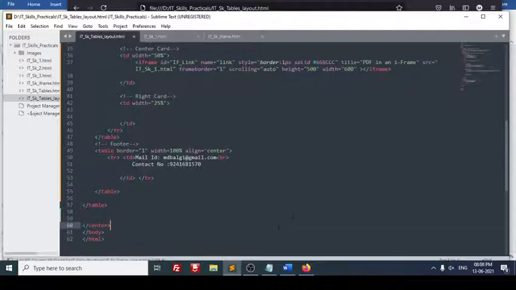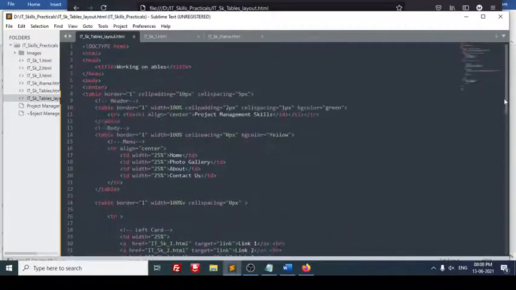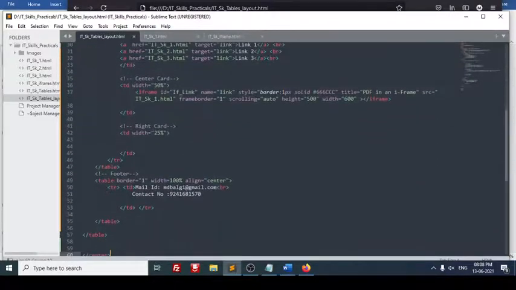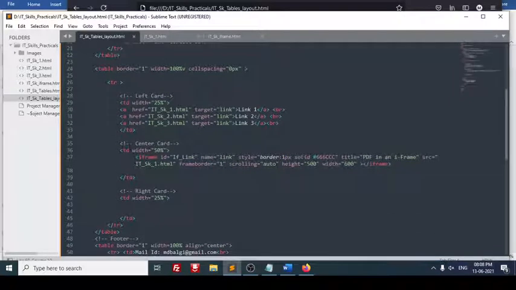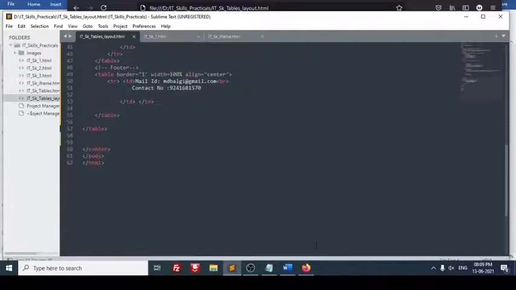In this video we have learned how to design a layout and how to use the iframe. All these concepts we have learned in this particular video. I hope you enjoyed this video. This is how you can create your website, and refresh it. I have set it center. I just want to show it to you. Save it first.